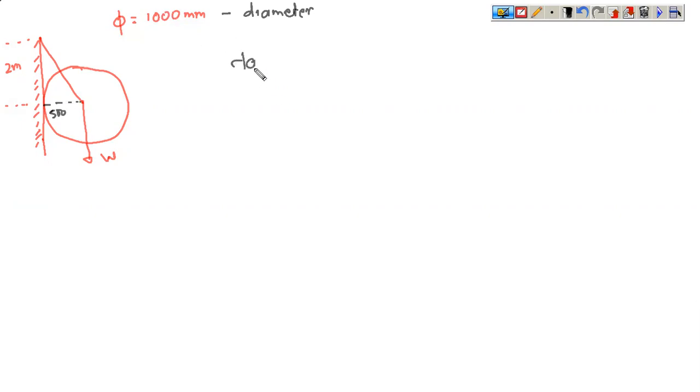So tan phi is equal to 500 by 2000. So this is 1 by 4. So you will get the value of phi. So phi will be this angle. Once you know the value of phi, you need to again represent this ball as a point. So if you represent this ball as a point, then what happens? You have